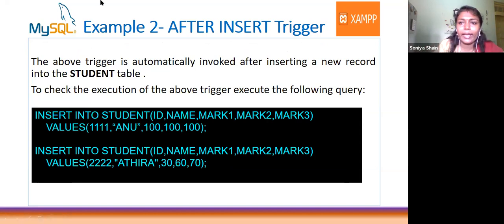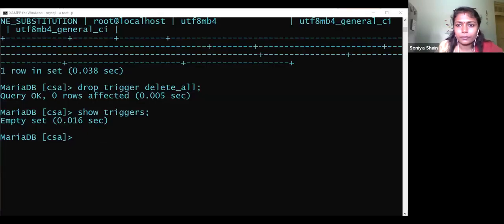So let us go for the execution. Okay, we'll share the shell with you. So now no trigger is existing, only the new trigger I am going to create.